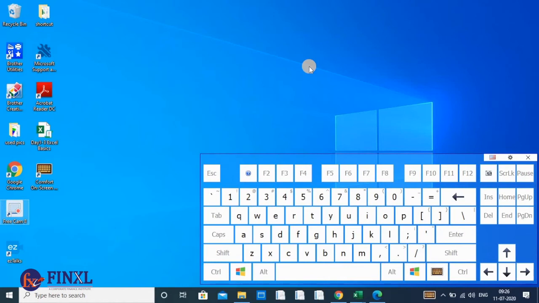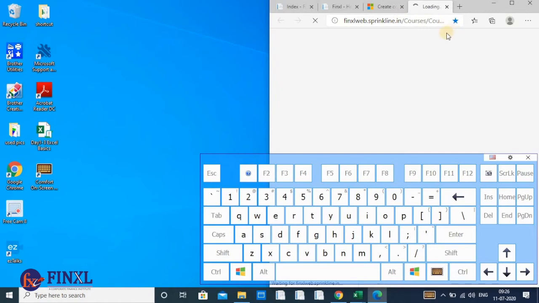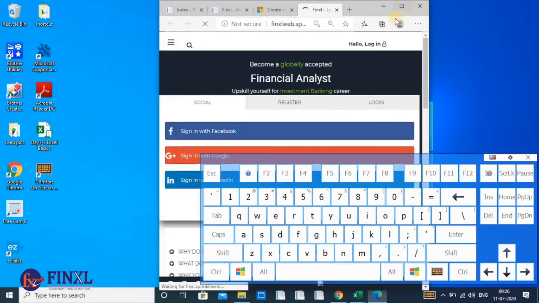Window T is actually very important. This is your taskbar, and these are the programs which I have pinned because I generally use those programs and I don't want to go and search for them. So better I can pin them on my taskbar. If I want to open one, I just click on it and I'll be able to open it. For example, if I click on this, look, I can open the program which is associated with it.